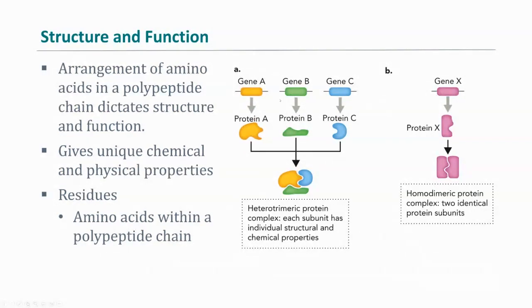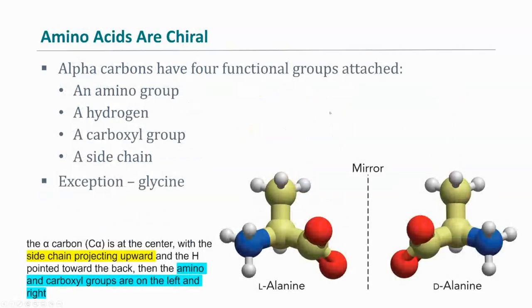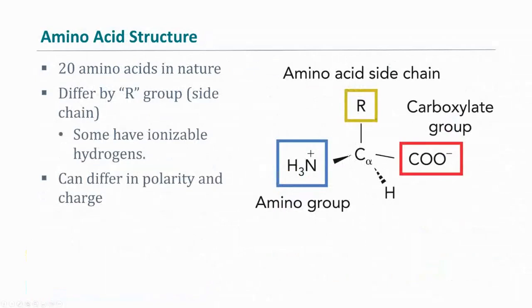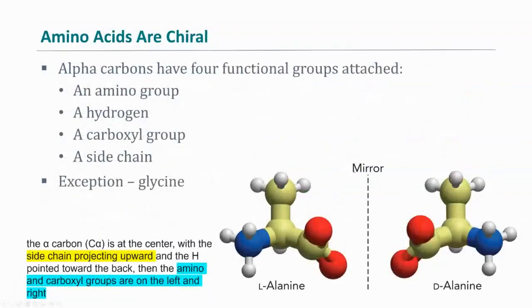The arrangement of amino acids in a polypeptide chain determines the structure and function of the protein. And the amino acids are chiral. Basically, this is the basic structure, however, they have a mirror image structure, which can be the left hand or right hand form of the amino acid. This basically depends on the location of the amino group and carboxyl group. So in the L-alanine, for example,